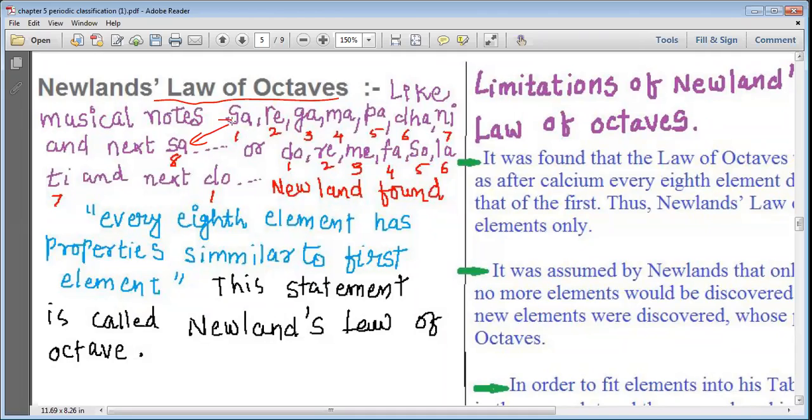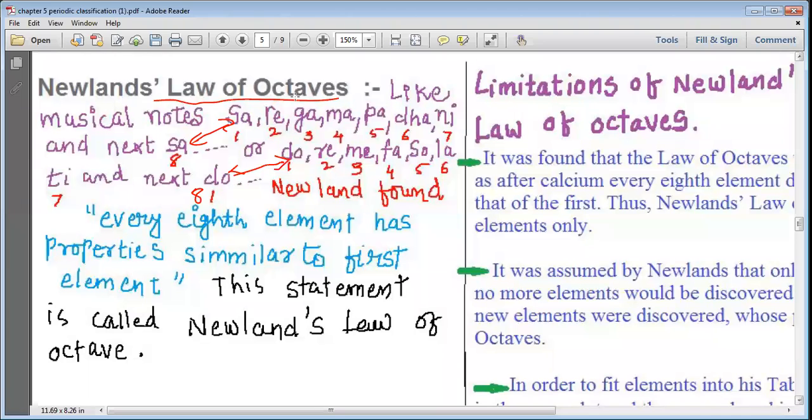We can easily know that the first sa and the eighth sa are similar. Same way, if you look into the Western musical notes, do, re, mi, fa, so, la, ti, and again do. This first do and the eighth do are same. This is the way we understand about the